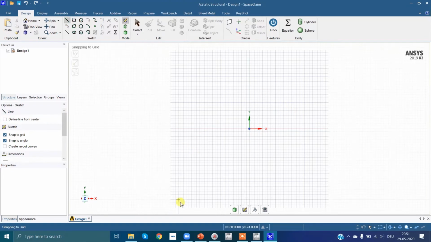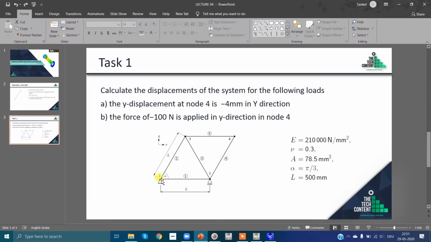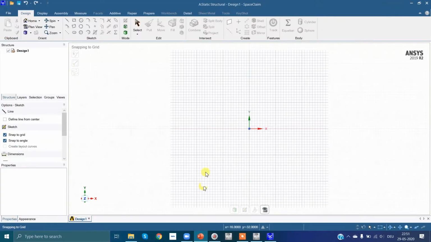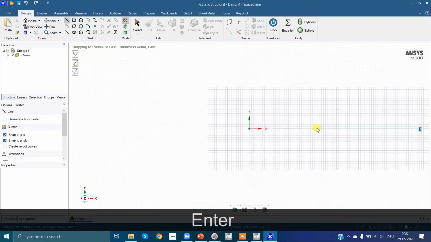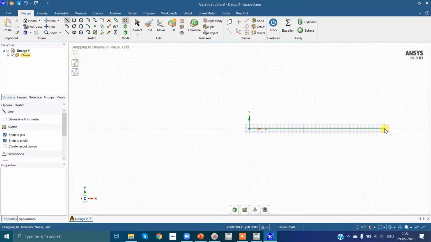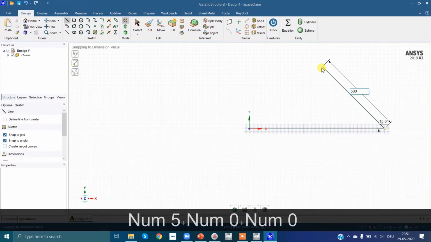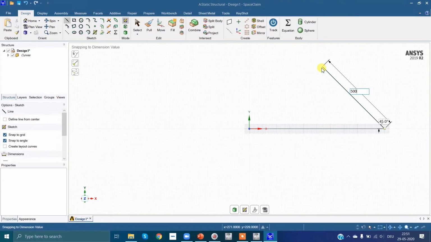So we'll select line, and here is our geometry. 500 mm, 500 mm, 500 mm, 500 mm and 500 mm, and the angle is 60 degrees. Let's draw. Firstly, I'll draw a horizontal line. Enter 500. Then another line of 500 mm at 60 degrees. To switch between the dimensions, click the Tab button.